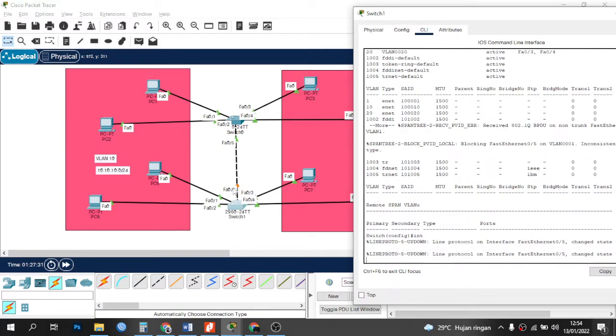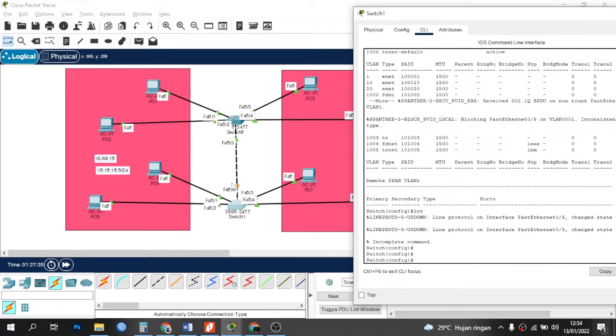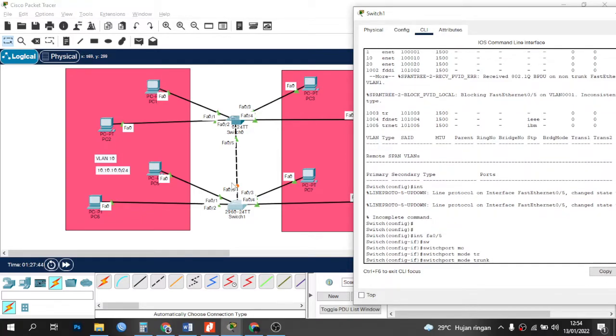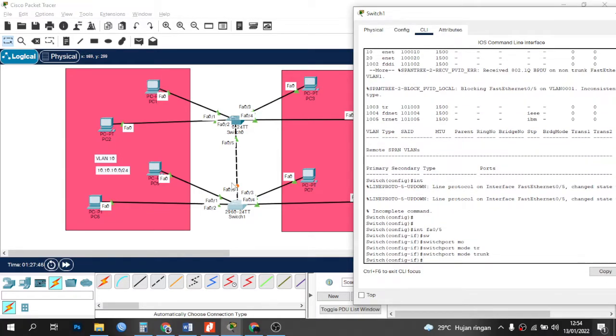Here interface fa 0/5, switchport mode trunk. Enter. Okay.